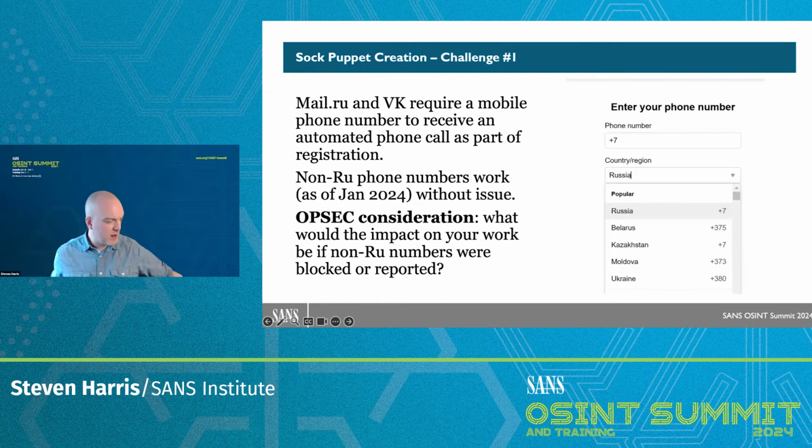Okay, so we're going to talk about 3 challenges for creating sock puppets, and I will give you some suggestions as to how you might deal with them. So the 2 core platforms for creating sock puppet accounts in Russia are mail.ru, which is for your basic email account, and VK, which is by far the largest social